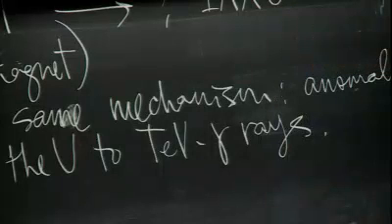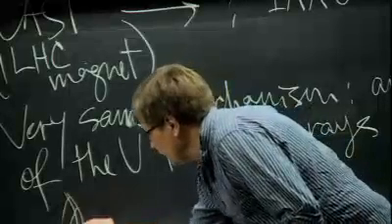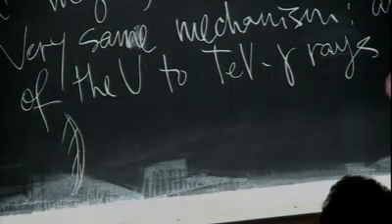This is quite an active field of research in astrophysics. So the idea is that you have a very powerful source of gamma rays, some blazars very far out, and then